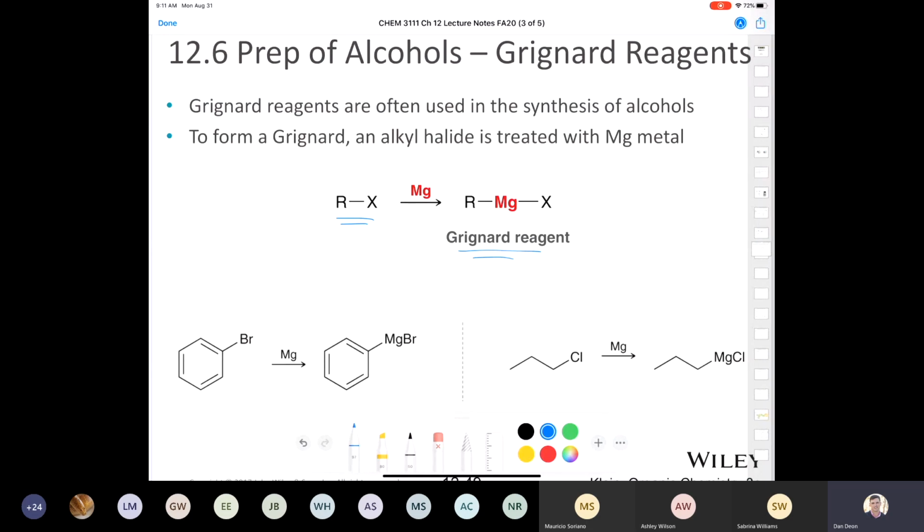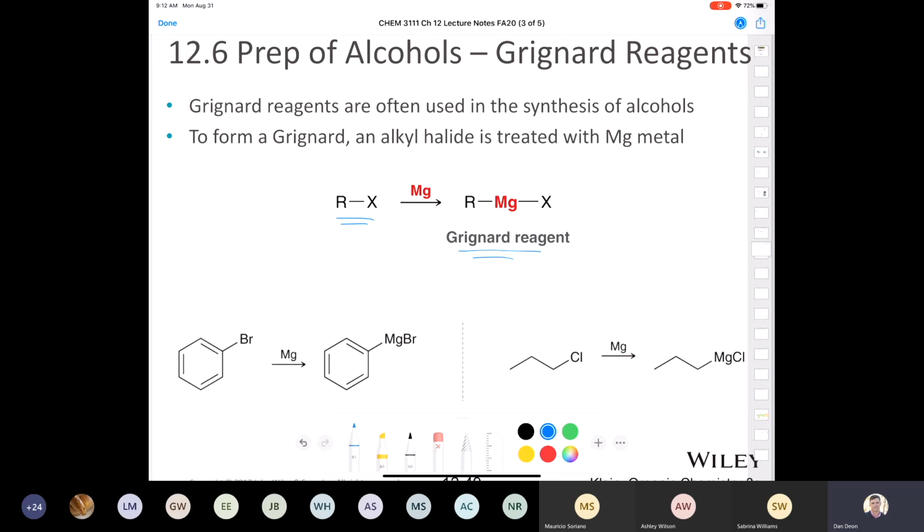You literally take magnesium metal, and I'm sure everybody that's listening to me has seen magnesium before, or you've probably lit it on fire at some point in your life. Anyhow, if you take magnesium and you just stir it in a solution with an alkyl halide, you can even do the reaction in ether, diethyl ether, and warm it up with the palm of your hand. Like your body temperature and a little friction on the glassware will be enough to warm it up and form